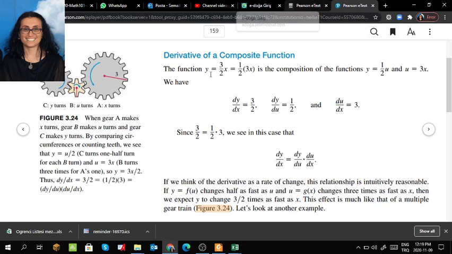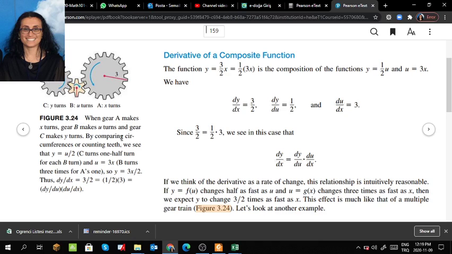Okay, when we look at this example, which is about a gear, we have three gears here. Gear A, gear B, gear C. Gear A makes x turns, gear B makes u turns, and gear C makes y turns. Let's compare their circumferences, or we can compare their teeth. We count the teeth, and we see that, for example, y is u over 2 because of the radius is